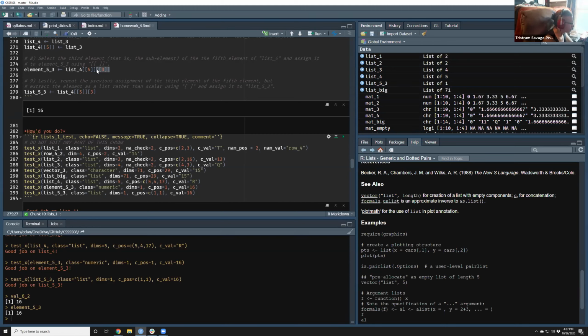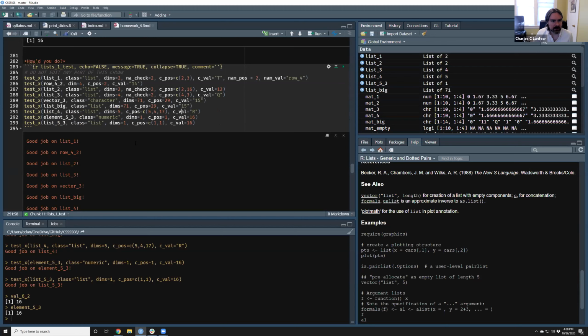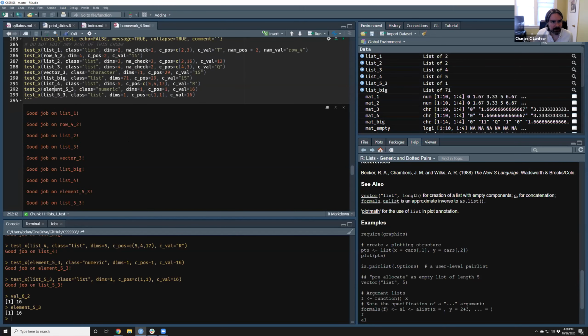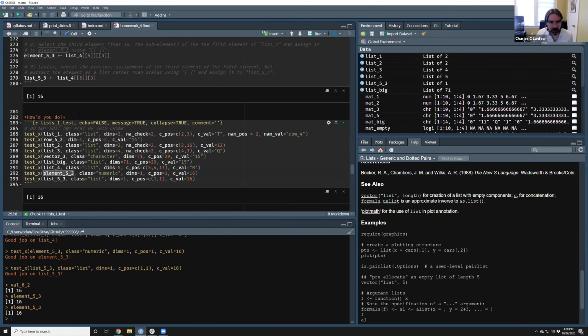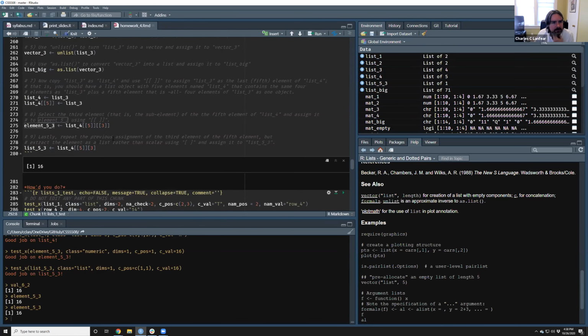Mysterious. Hard to know. Something funny somewhere. So if element 5.3 is returning that, looks like a 16 and is saying not numeric, it is a mystery where that'd be coming from.